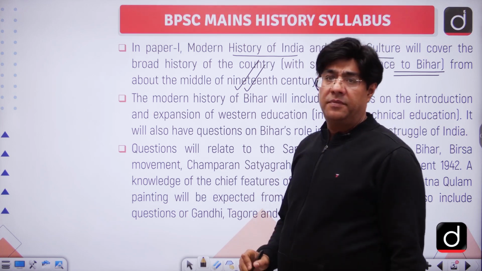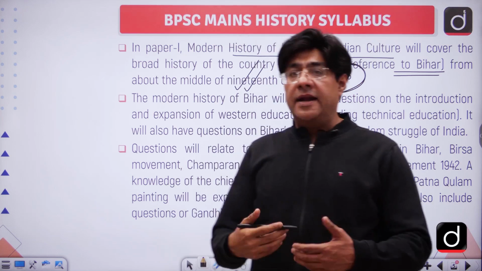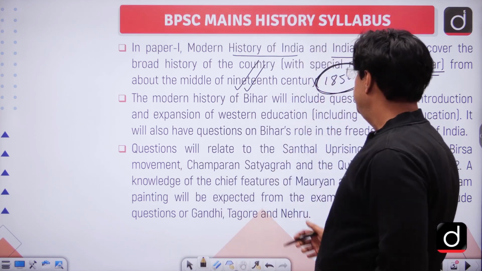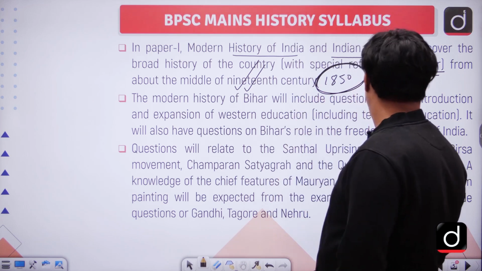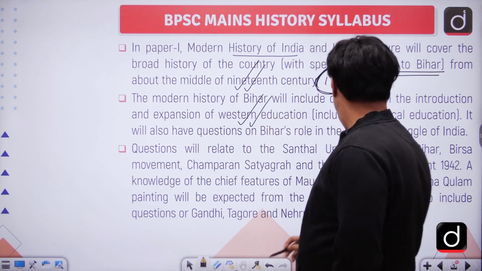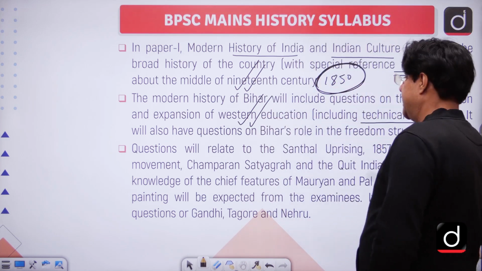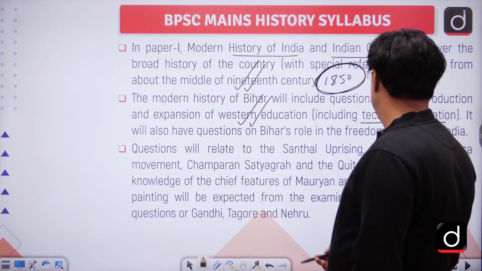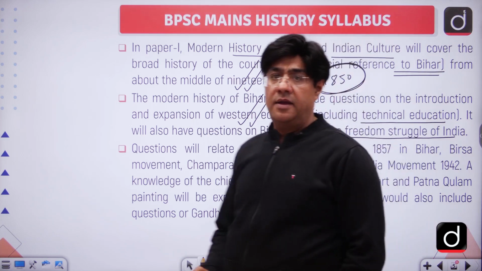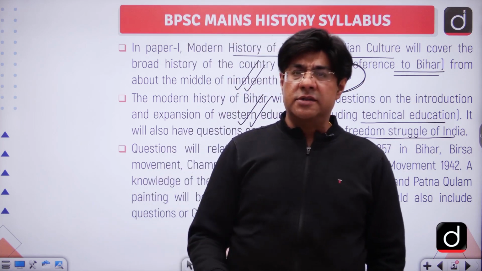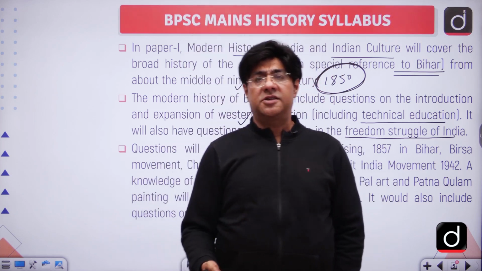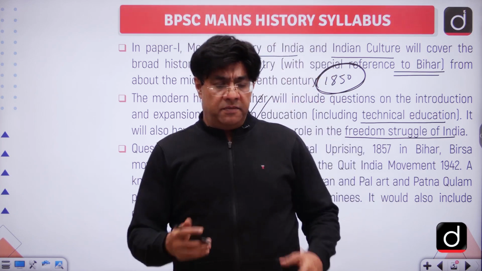And then they have also mentioned detail about this. So here, the modern history of Bihar will include the question on introduction and expansion of Western education, including the technical education. It will also have a question on Bihar's role in the freedom struggle of India. So, because the syllabus is more about the modern history of India, in that context it is mentioned,